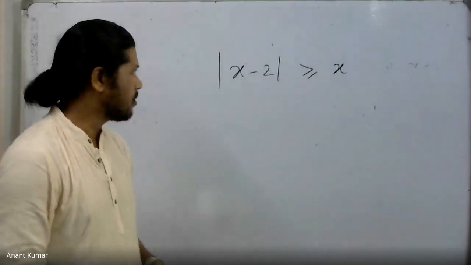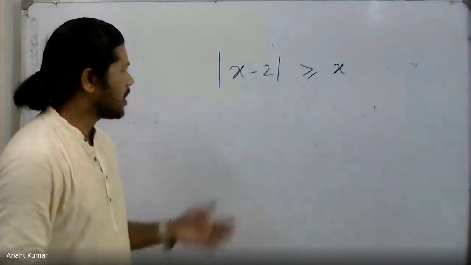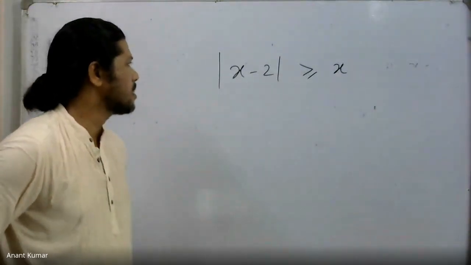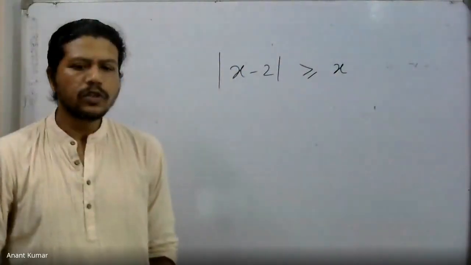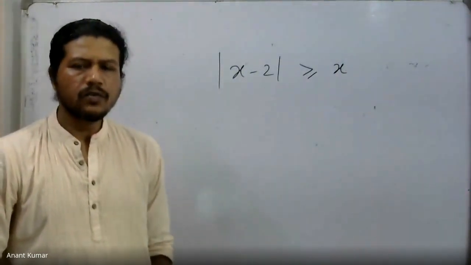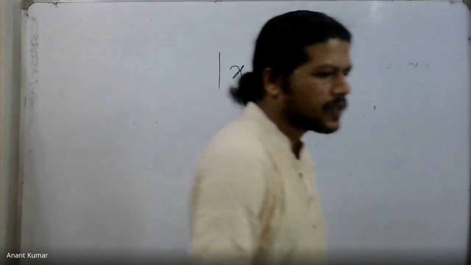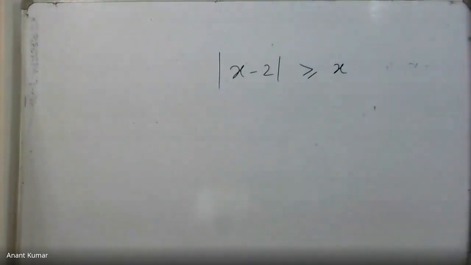Okay, there's no other variable involved in this case. See here we have obtained something like this. We have got in this case mod of x minus 2 more than or equal to x. The question is, what is going to be over here the required solution set for this particular inequality?